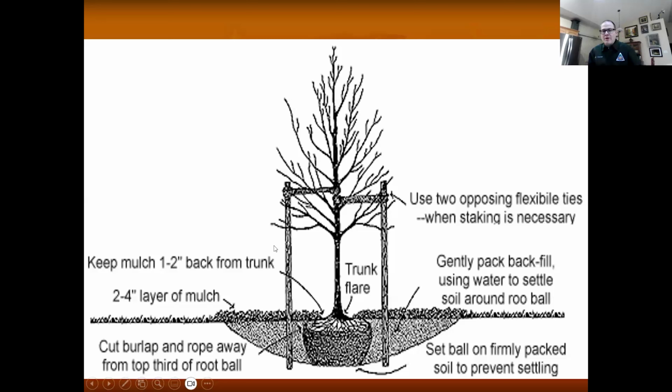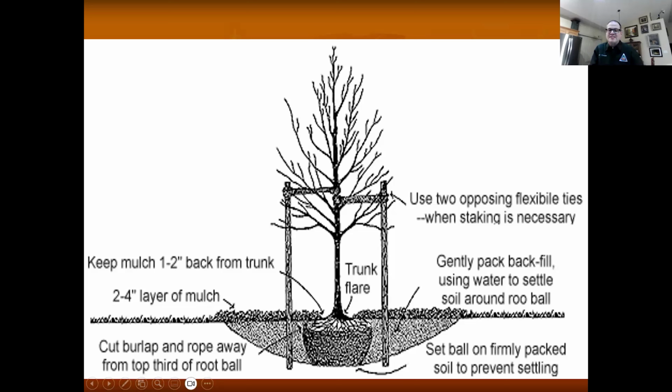So this is what a hole should look like. The flare, where you can see the first roots just starting to come out of that trunk and the trunk flares out or gets wider, should be at or just above ground level. Then your hole should be 3 times the distance that the pot is at a minimum.